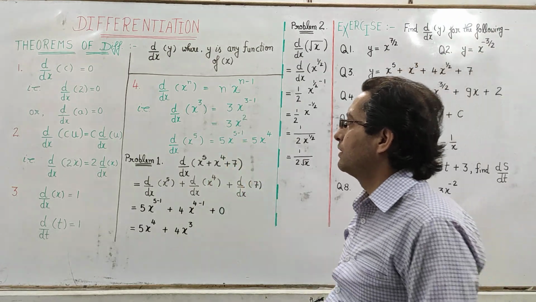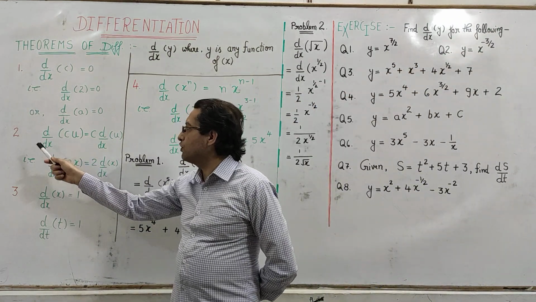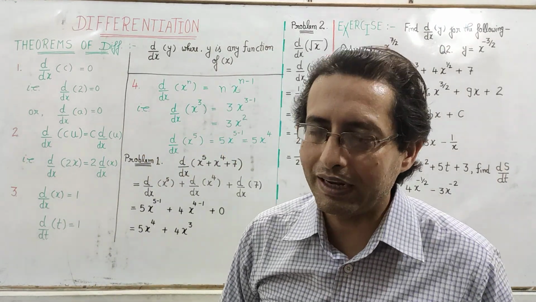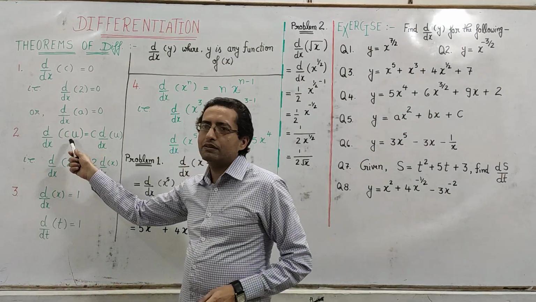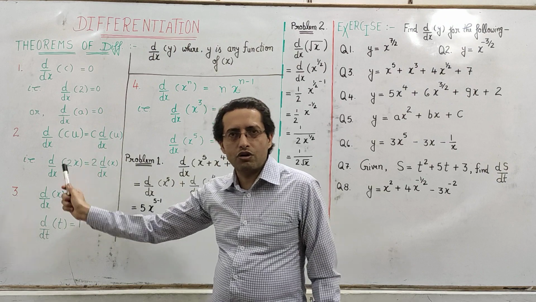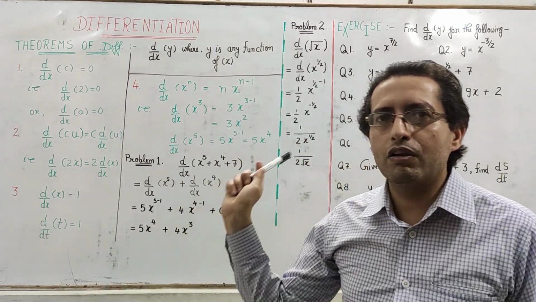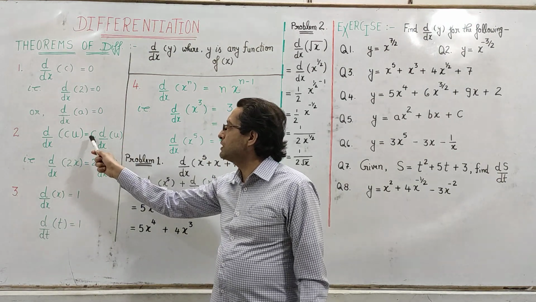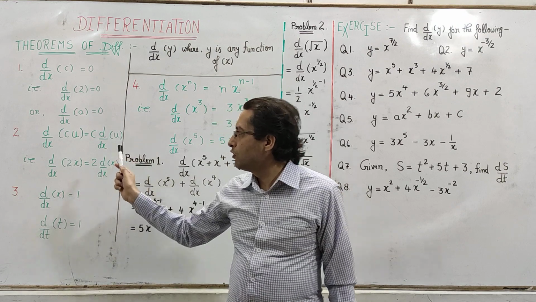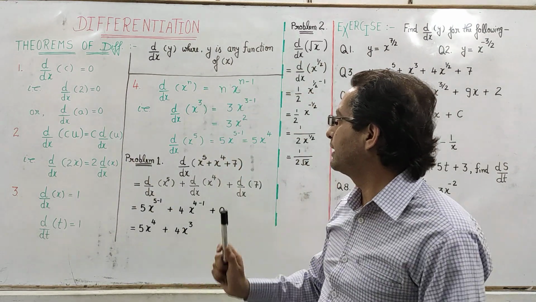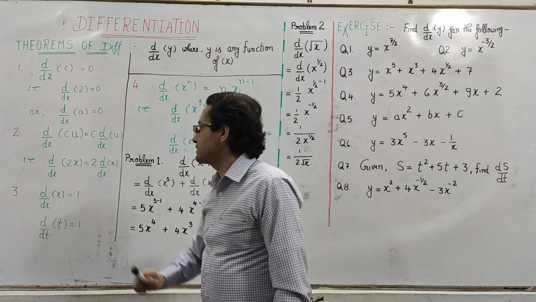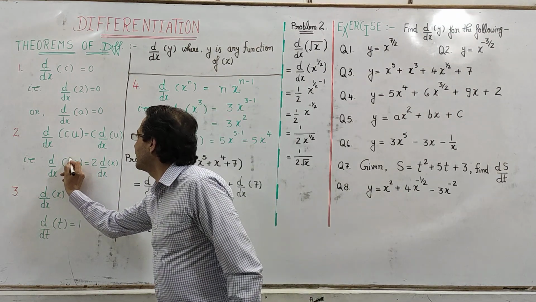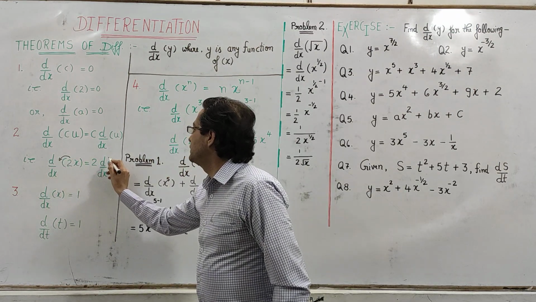Next we have the second formula, d over dx cu. C is a constant in the form of a multiple here, so for any constant multiple, while solving the differentiation the multiple will always be brought in the very beginning, so it becomes c d over dx u. One example we have taken here is d over dx 2x. 2 is the multiple value, so we take it in the very beginning, that is 2 d over dx x.